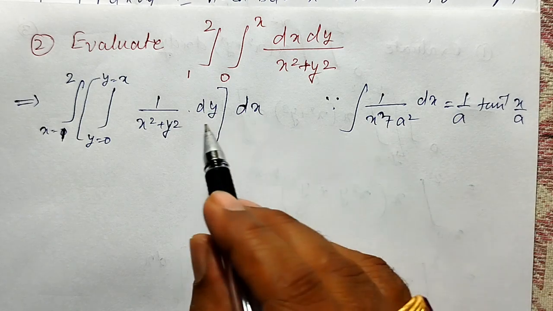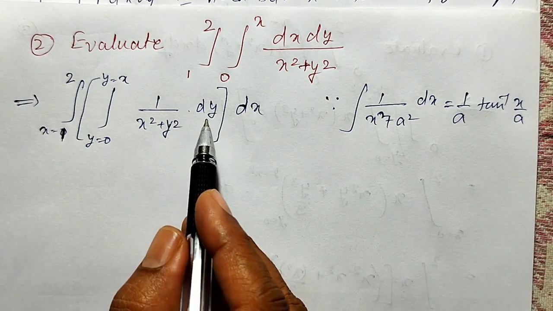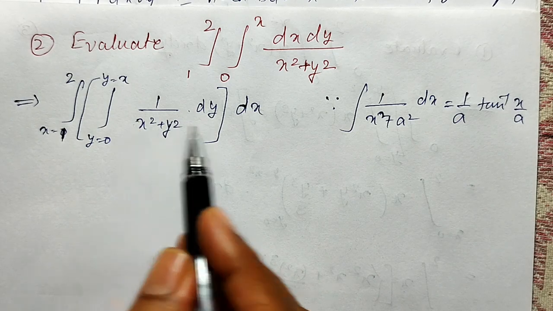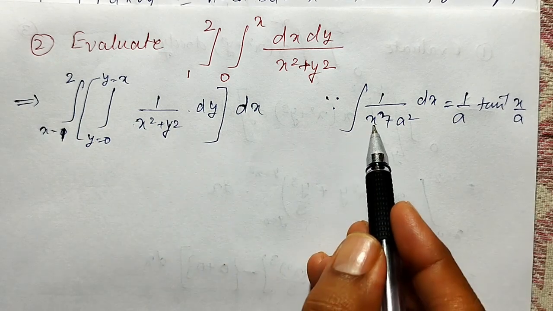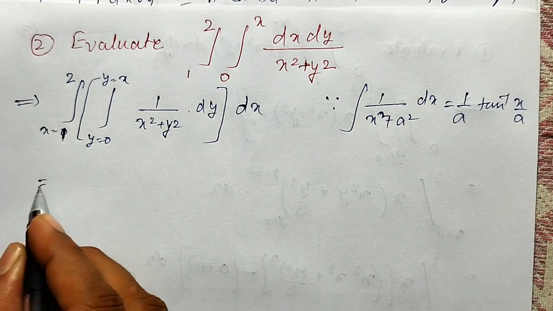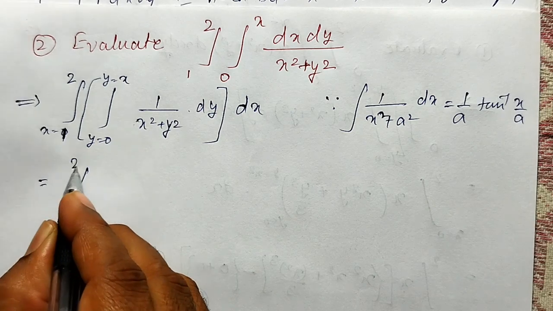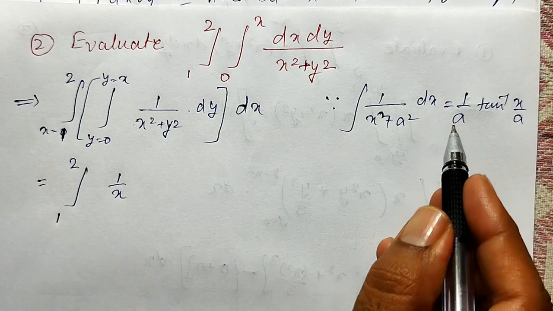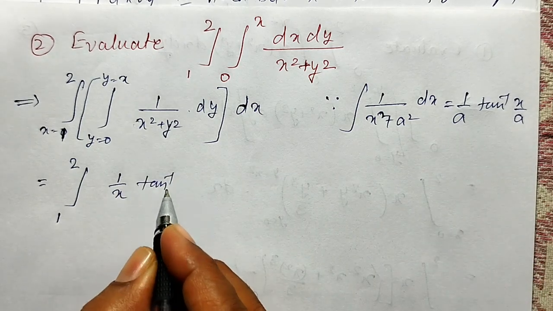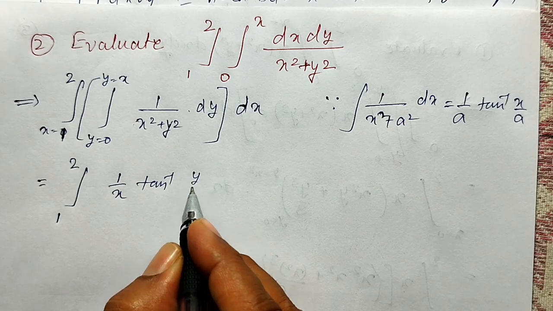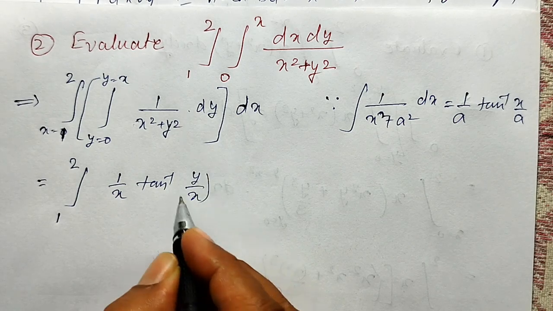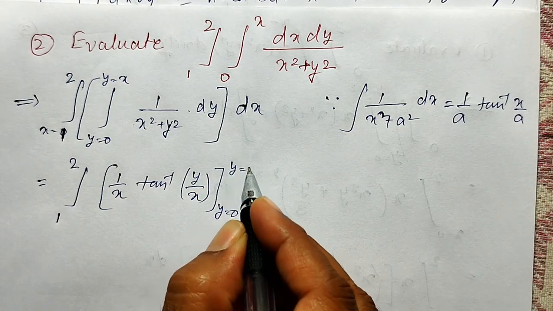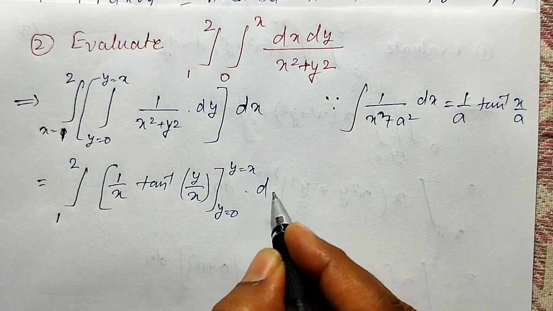Here we are integrating with respect to y, and x is treated as a constant, therefore your x will be acting as your a here and y is your x here, therefore its integration will become the integral from 1 to 2 of 1 divided by x, because x is constant, and tan inverse of y by x, between the limits y equal to 0 to y equal to x, into dx,